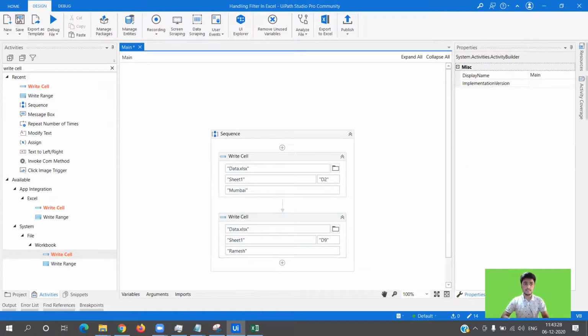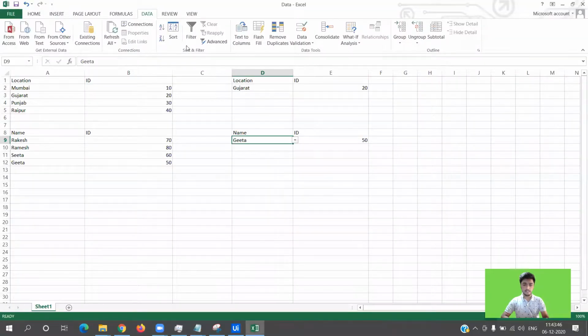So you see, there's nothing like you need to use UI automation or something like that, because I have seen some people giving solutions on the UiPath forum and other places that they need to use UI automation or something like that to handle this kind of scenarios. No, this kind of scenarios can be handled in this way as well.